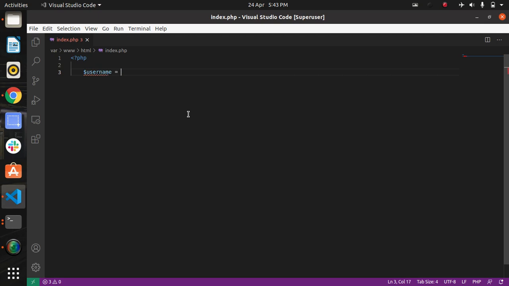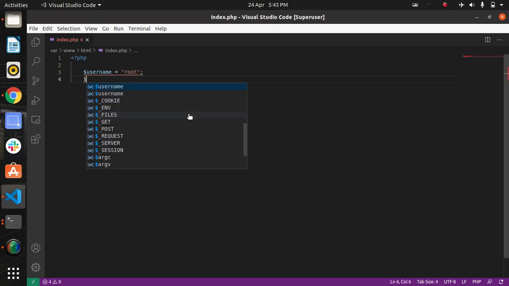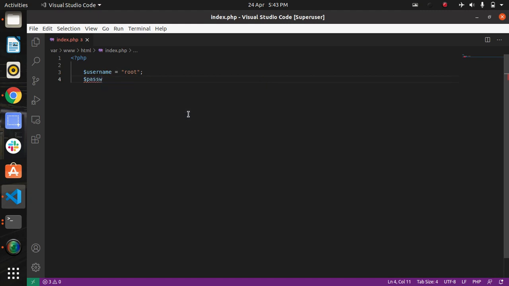I have set the username to root, and the password equals none, because I have not set a password. So I have a try block. These are built-in commands, so don't worry about that.